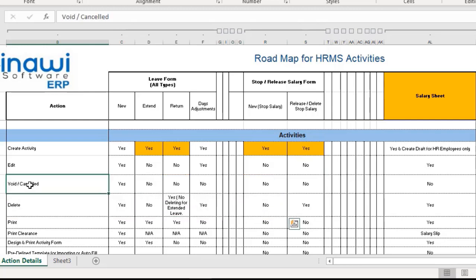Same thing applies to voiding or cancelling, because you cannot void or cancel a newly created stopped salary or a newly released or deleted stopped salary. Is it possible to delete those? The answer is no for